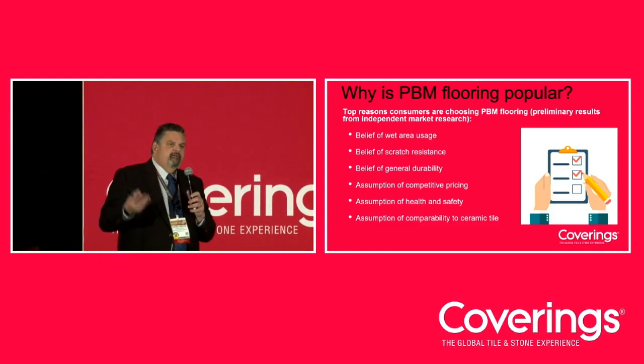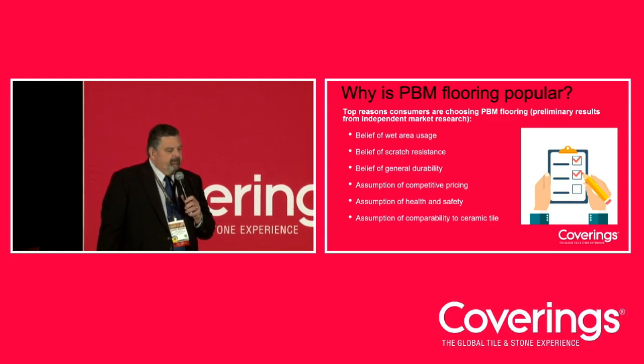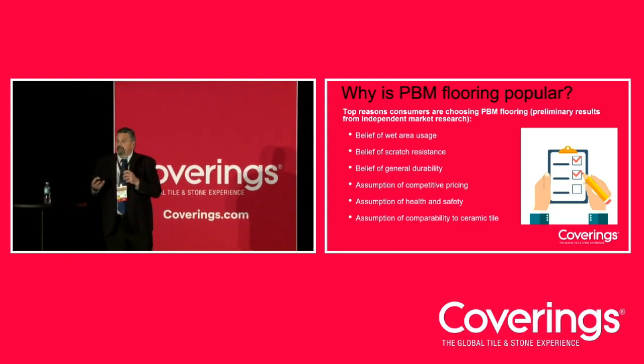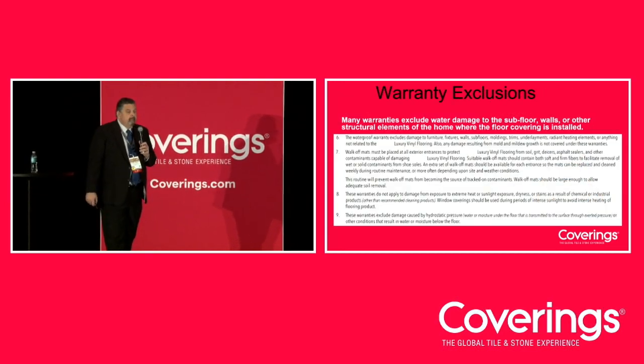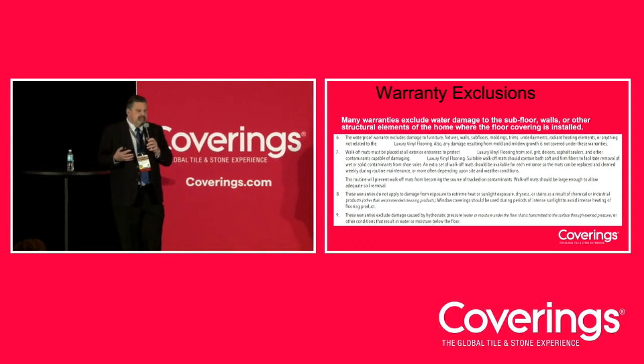There's this kind of idea that it's very healthy and safe, and we'll debunk some of that as we get into the slides. And then there really is, honestly, a comparison to ceramic tile. They're saying, well, it's as good as ceramic tile, why would I pay the extra to put the ceramic in my house? But when you start really diving down into some of the warranties of these products,